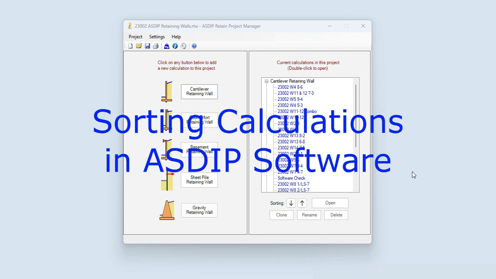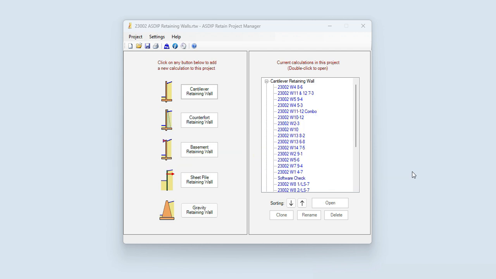A typical project may contain a large number of calculations for the design of structural members. These calculations are created and added to the project in the same order that they were produced. For example, you create one calculation and add it to your project, and you continue creating calculations and adding them to the project, not necessarily in a specific order or sequence. If you have a large number of calculations, you may end up with a long list of unsorted